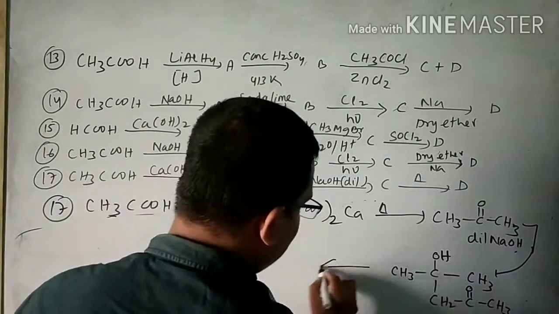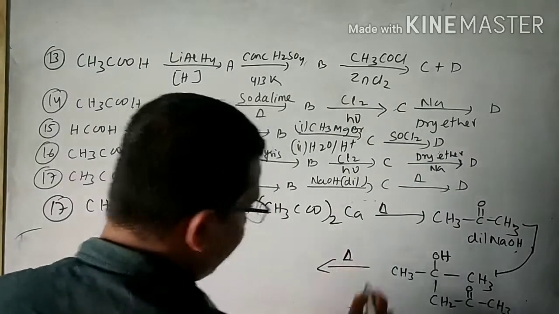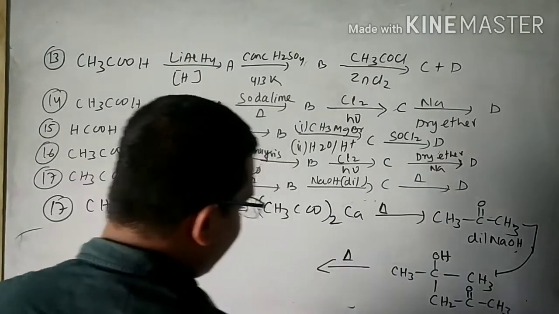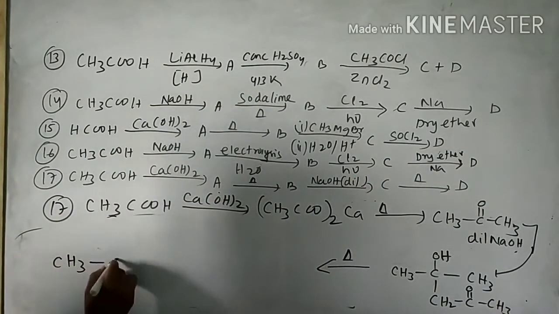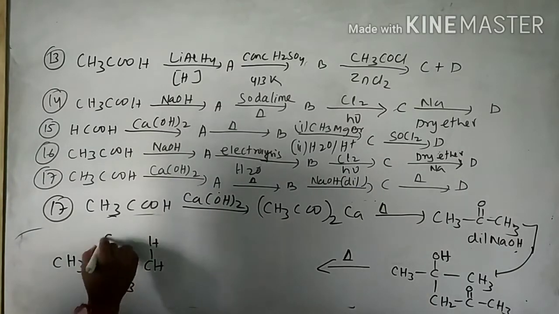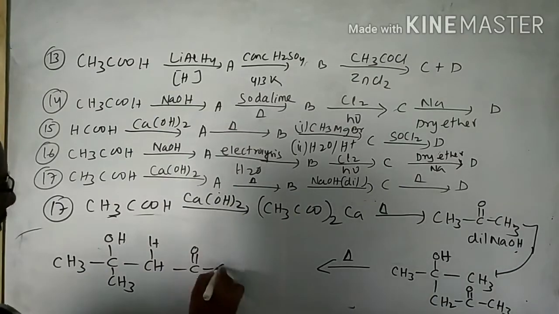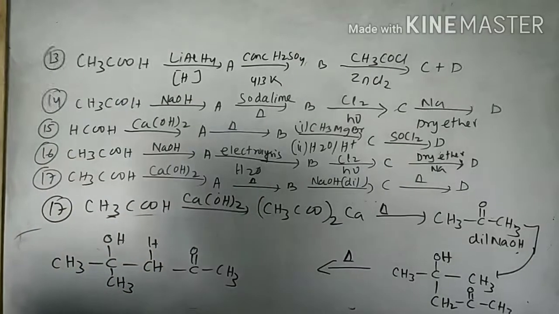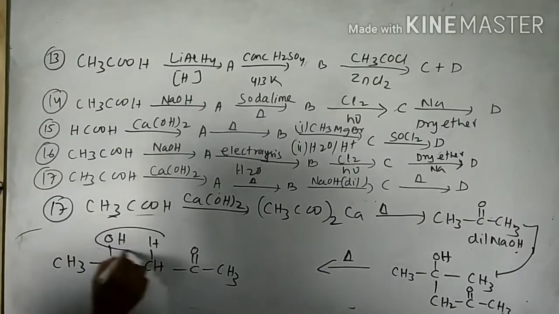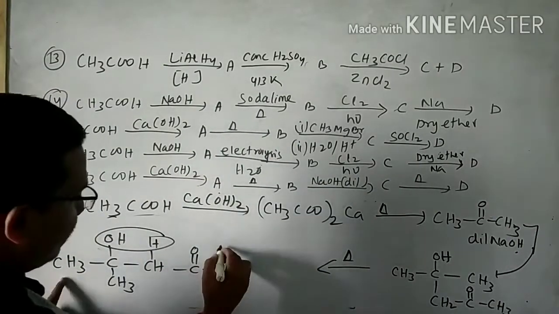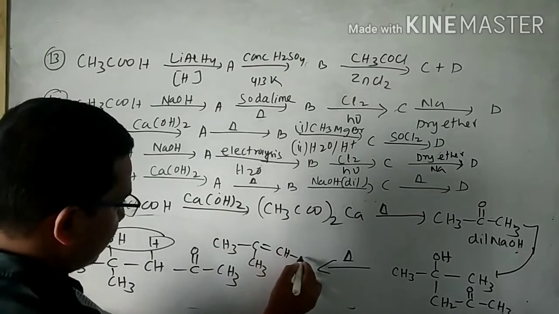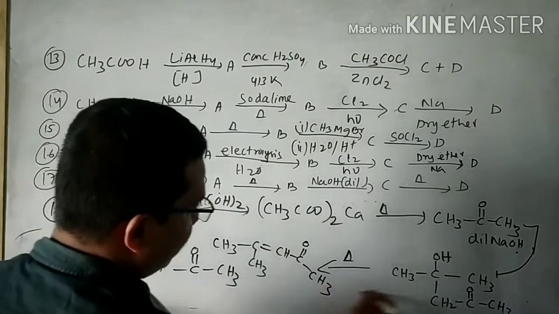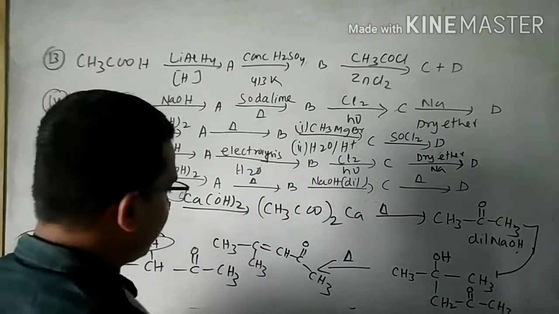Now it is subjected to heating. When it is subjected to heating, then an internal alkene will be formed. We can write the structure also like this: CH3 bond C, CH3, CH. You can also write this product like this. When it is subjected to heating, there is a loss of water molecule and a double bond will be formed. This is your product. This is the beta hydroxy product. This is the alpha beta unsaturated product.